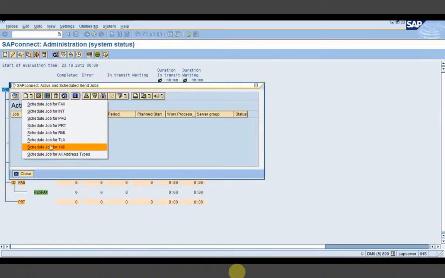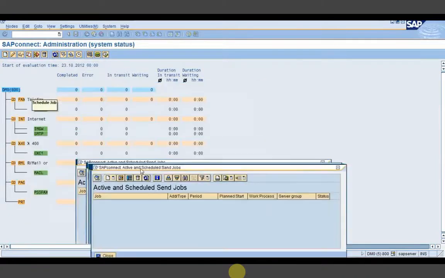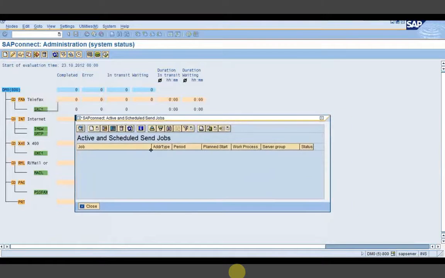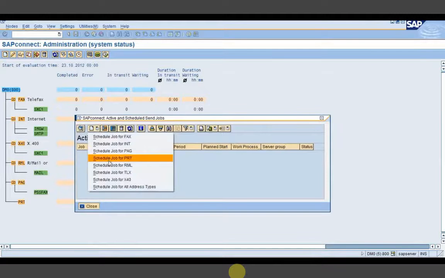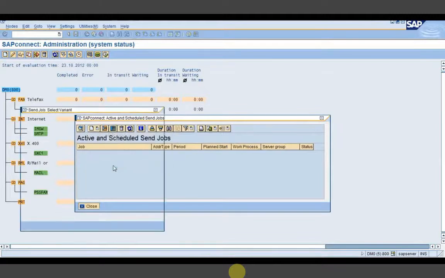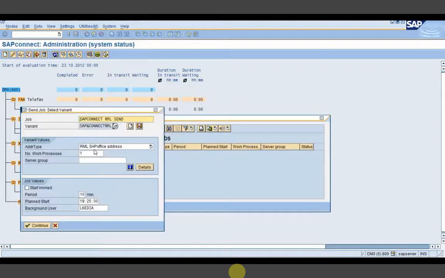I can schedule, I think, one job here for RML. It's already there. SAP Connect RML sent every 10 minutes.